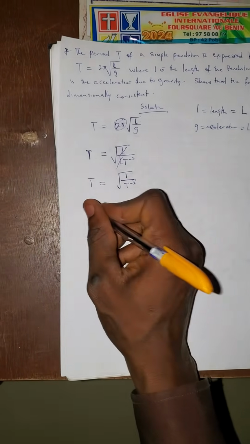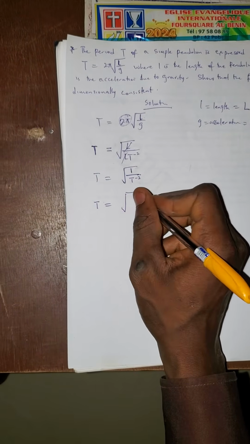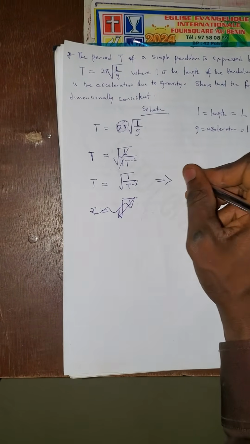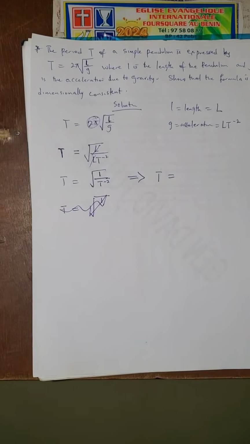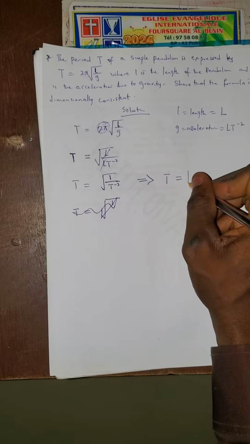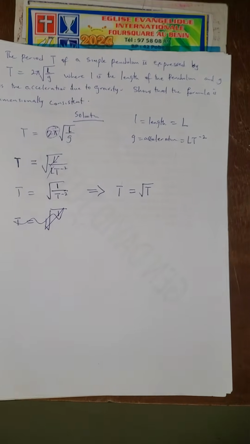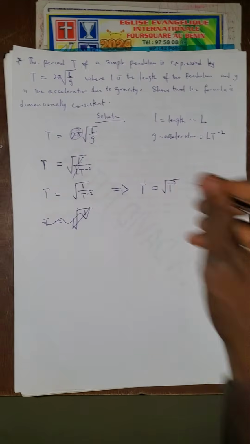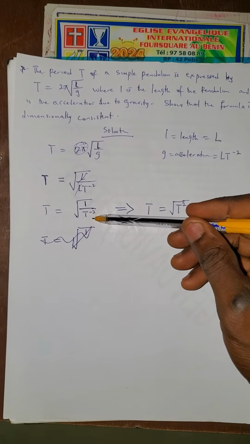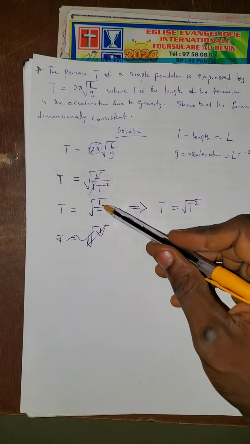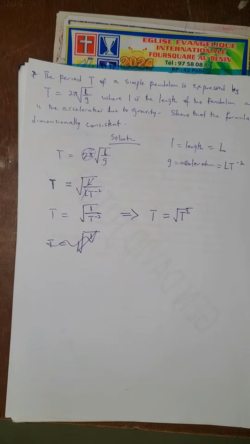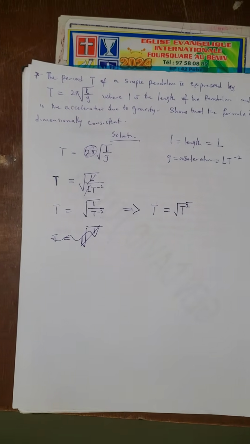This is what we mean. Then t will now become square root of 1. Sorry, let's proceed. This will become t is equals to, now inverse of 1 over t raised power -2 will be square root of t square, because it's like we're having inverse of another inverse of t square. So that's it. So 1 over t raised power -2 will be t square, or t raised power 2, because